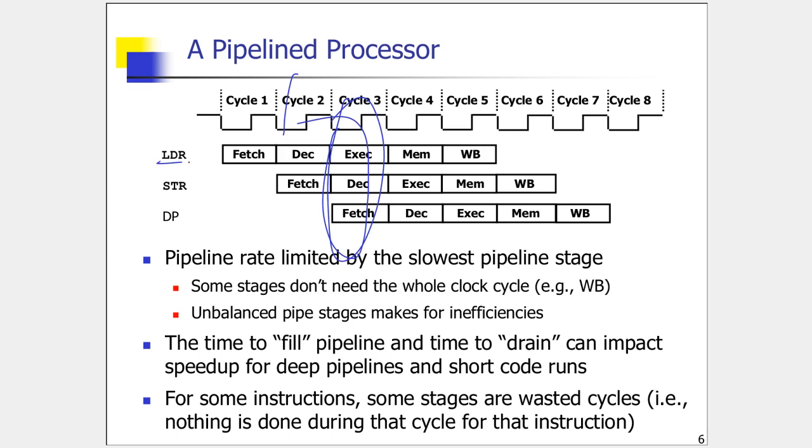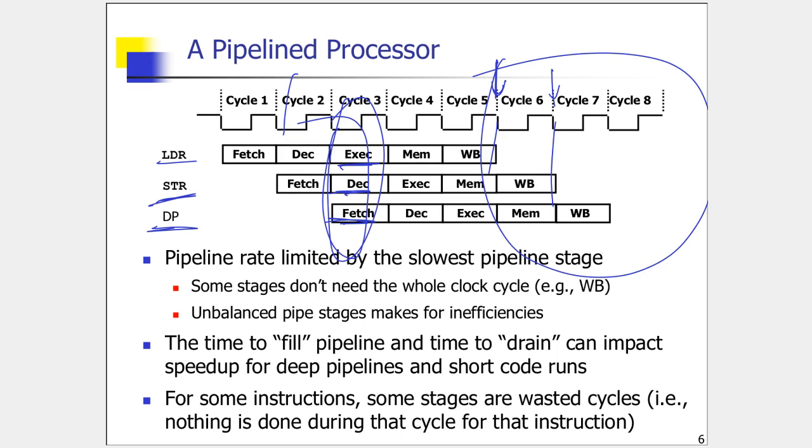So while this LDR instruction is in execute stage, the following instruction will be in decode stage, the following one will be in fetch stage. So the advantage of that is, at the end of cycle 5, the first instruction completes. At the end of cycle 6, the second instruction completes, and so on and so forth. So even though the time taken for one instruction does not reduce, the number of instructions that you can complete in a given time increases. Because now one instruction completes every cycle, but your cycle time is smaller, which means the number of instructions that complete in a given time has now increased tremendously.